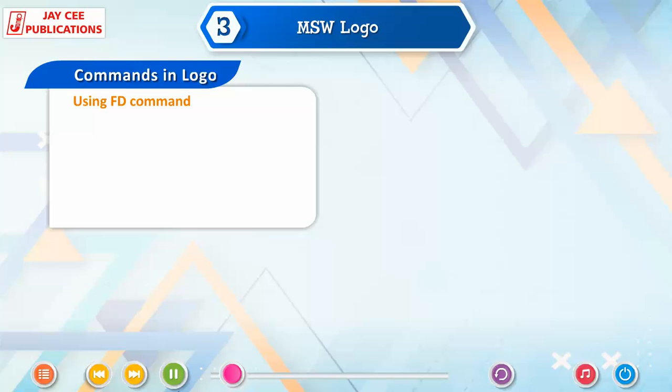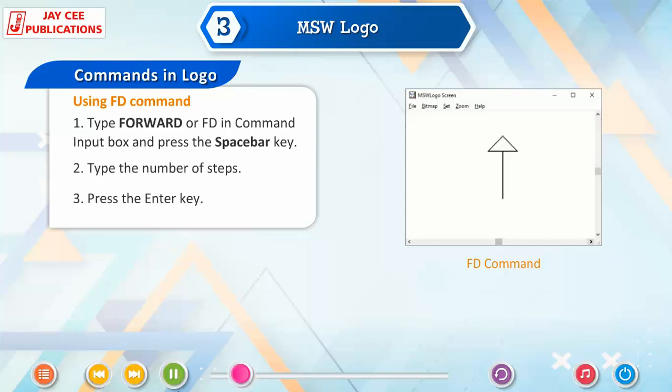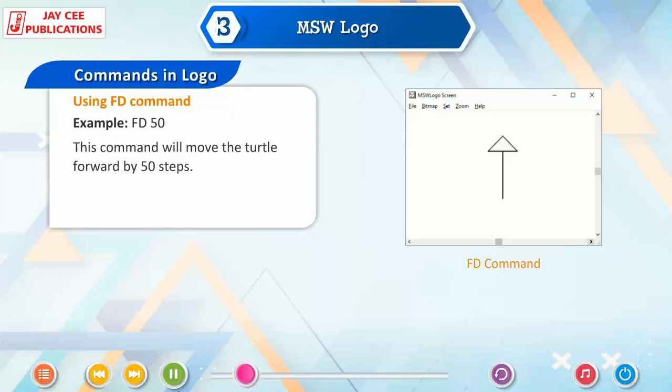Using FD command: 1. Type forward or FD in command input box and press the space bar key. 2. Type the number of steps. 3. Press the Enter key. Example: FD 50 followed by Enter key. This command will move the turtle forward by 50 steps.